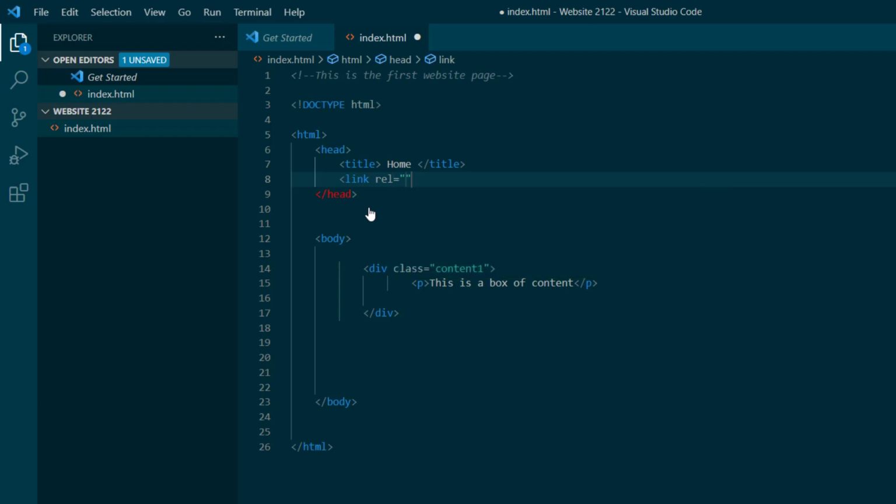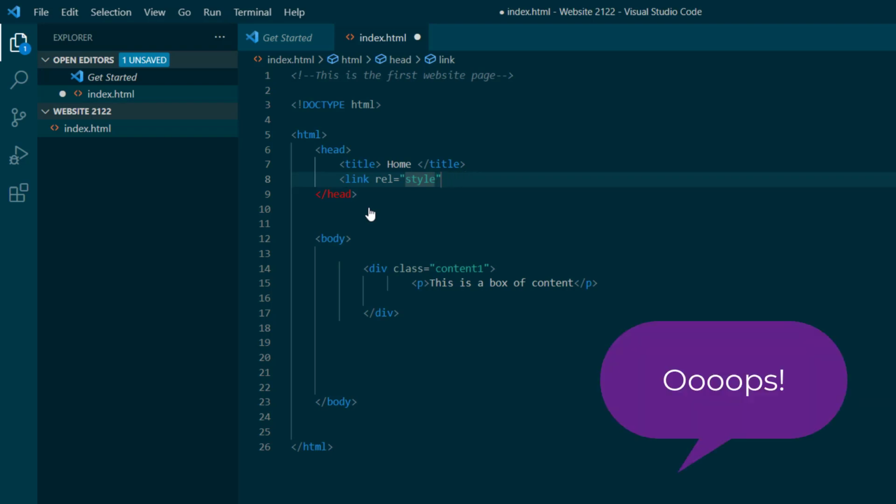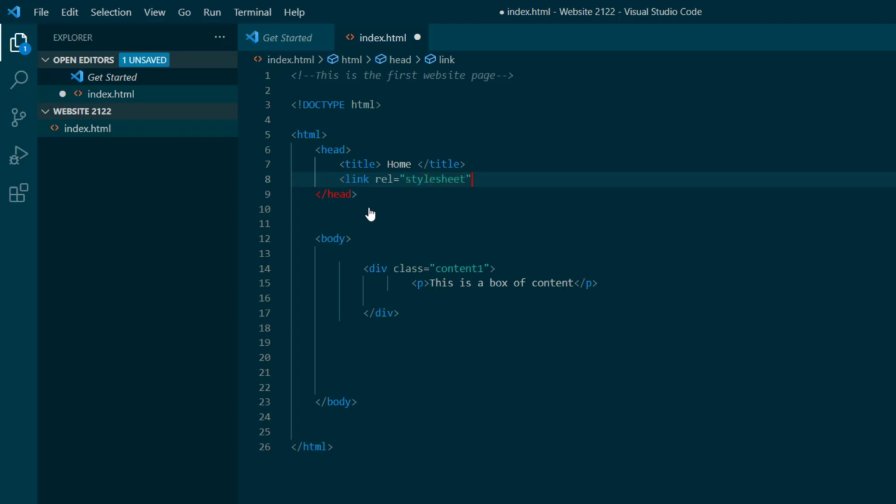And again, if you press enter, it will create those elements, or those little equal signs and things for you. What we want is stylesheet. Okay, make sure you've spelled it correctly, unlike me. Stylesheet, there we go. Then I'm going to go after those and just put in type. And we want text